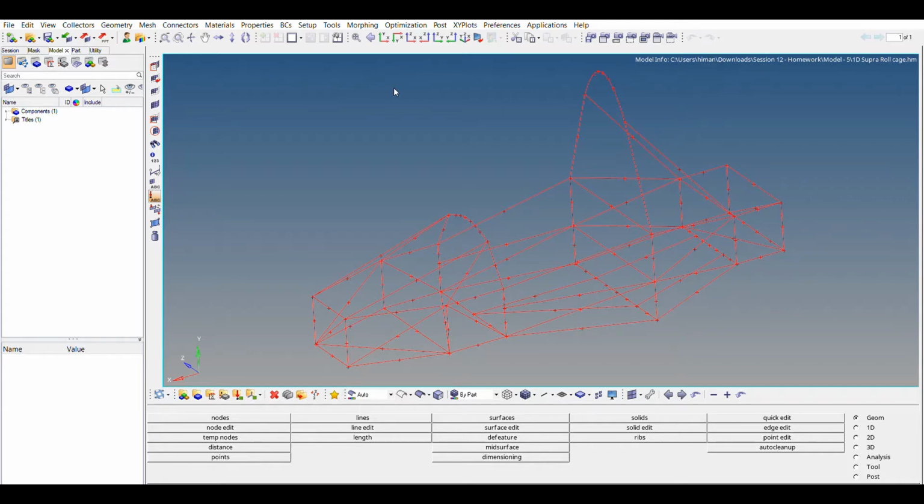Because the CAD software and CAE software both work on different platforms. So whenever you import a CAD file in a CAE software, during the transformation some data may get lost. The typical example that I can give you is that in a CAD software you have defined that both these lines are coincident or connected to each other at this point.